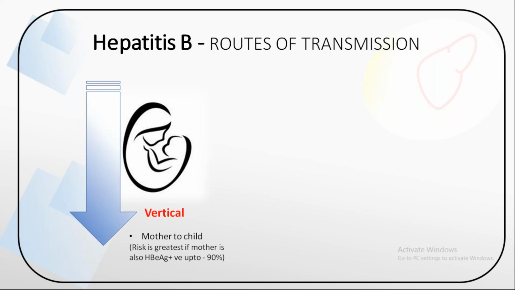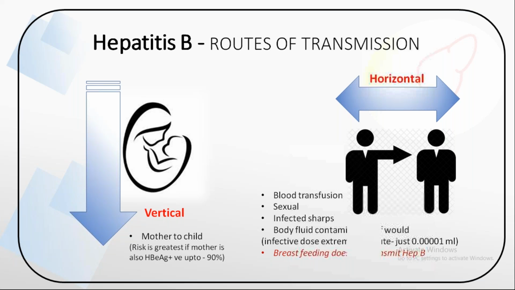So mother to child transmission is known, though it doesn't transmit by breastfeeding. The other one is horizontal transmission, from one person to another, either through blood transfusion, which is the oldest method, or sexual transmission between partners, and infected shops, especially among drug users, and